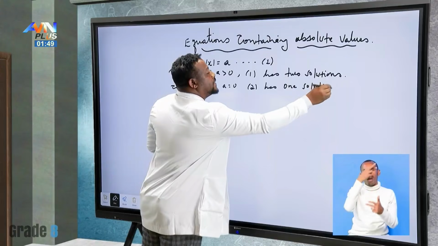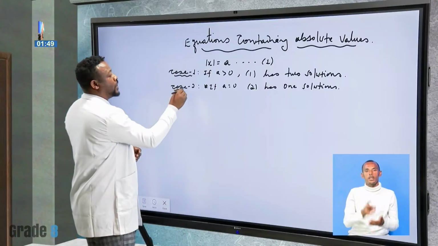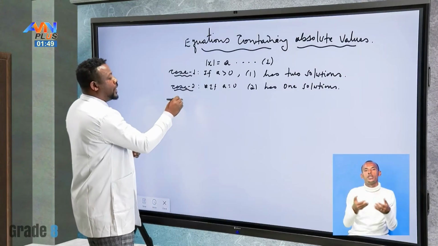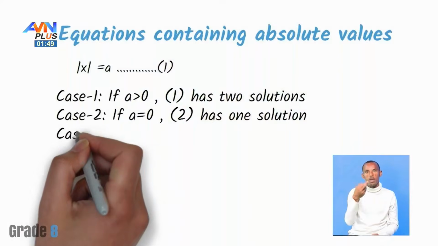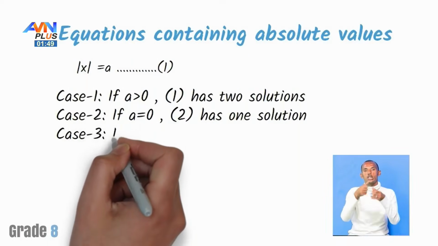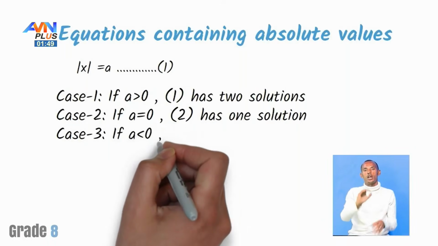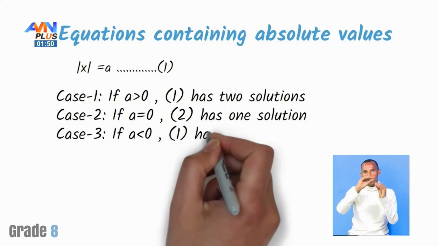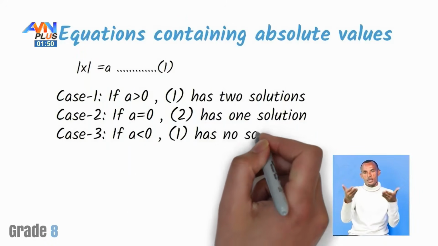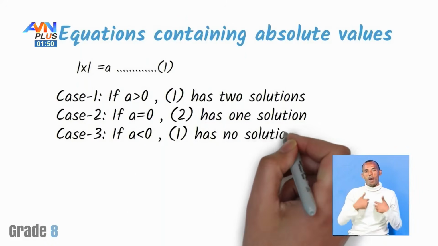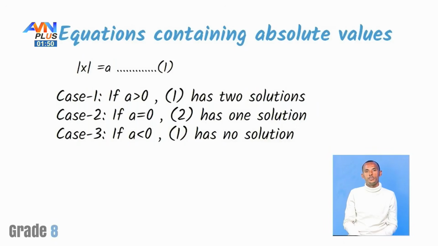In the third case, if this constant number is less than 0 or negative, equation 1 will have no solution. This is the structure of the solution system